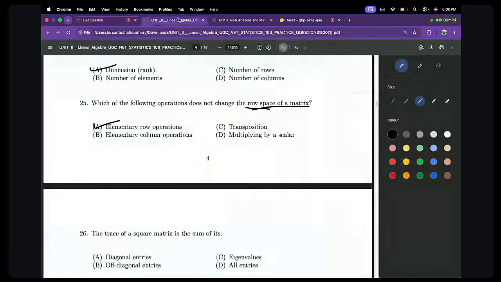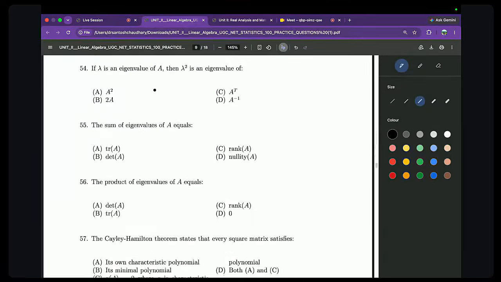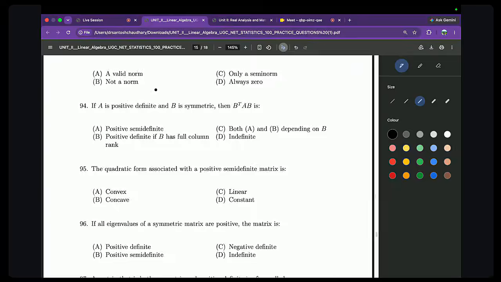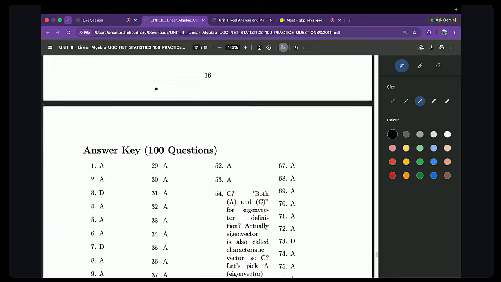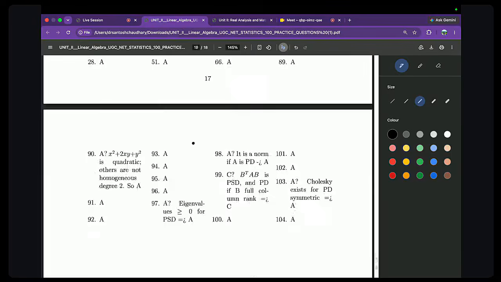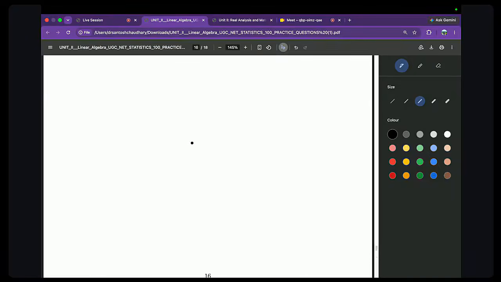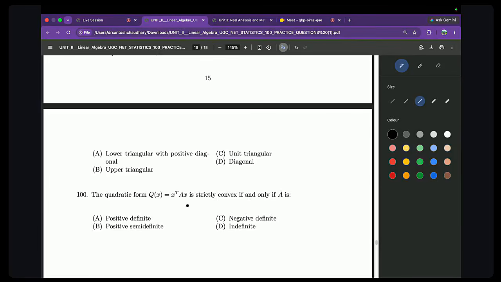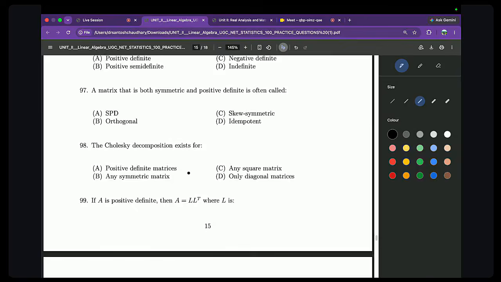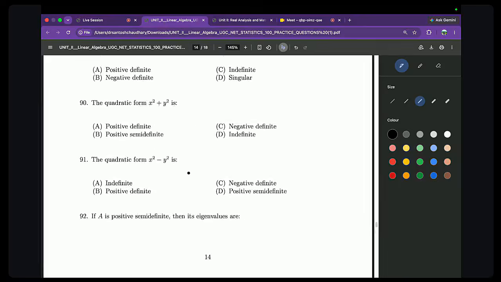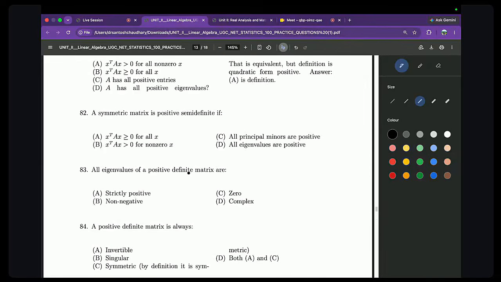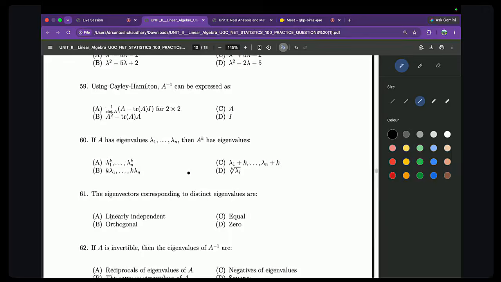सो आई थिंक दैट्स ऑल, मुझे यहीं पे इसको खत्म करता हूँ। ऐसे क्वेश्चंस बहुत सारे हैं, तो आप इसको सॉल्व करना, देन वी कैन हैव सम क्लासेस, 100 क्वेश्चंस हैं इसमें। आंसर की है, मे नॉट बी ट्रस्ट वर्दी, तो यू मे नॉट ट्रस्ट 100%, आप चेक कर सकते हो, बट अपना बुद्धि का ज्यादा इस्तेमाल करना, ठीक है। सो क्वाड्रेटिक फॉर्म, दिस इज स्ट्रिक्टली कॉन्वेक्स इफ एंड ओनली इफ कॉन्वेक्स। तो कॉन्वेक्स होने के लिए क्या होना चाहिए? पॉजिटिव डेफिनेट। तो इसे बस सॉल्व करो, ये प्रोवाइड कर देंगे वो लोग, एंड देन विल डिस्कस। बस डेफिनेशन बेस्ड एंड इंट्रोडक्शन बेस्ड क्वेश्चन है।